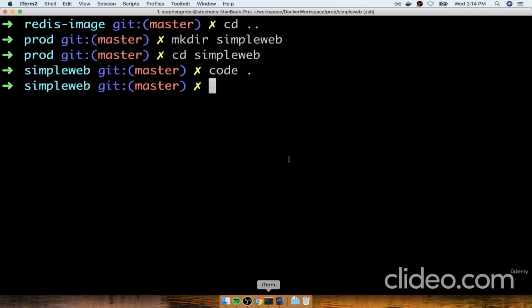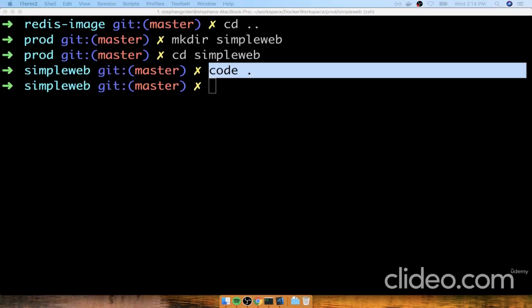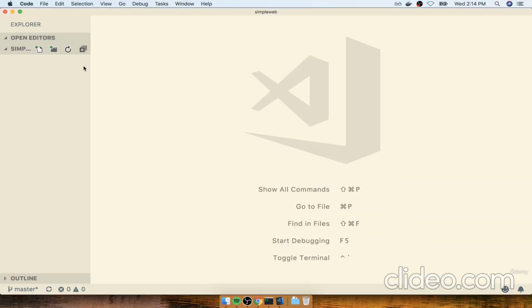Now, a quick reminder, I was able to use the code command right here because I've set up Visual Studio Code to be executed from my command line. So if you don't have that set up, totally fine. All you really need to do right now is open up your code editor based on that simple web directory that we just created. Then inside of here, we're going to create first a file called